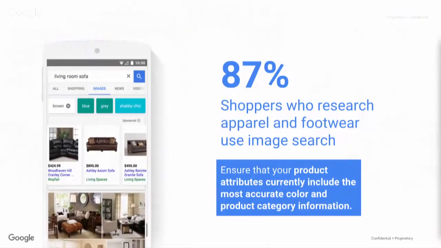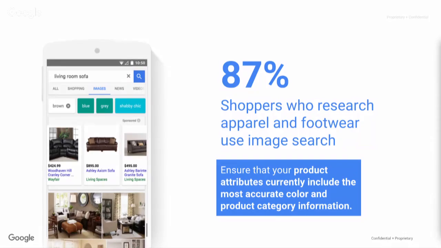So this is going to make a lot more sense than if I just search for shoes on regular Google search and then have to dig through the different descriptions. What we've introduced are these shopping ads on image search. Again, this is something that came up that wasn't there before: if you had this really clean, hygienic data feed in place, you were all set to show up for these shopping ads on image search.